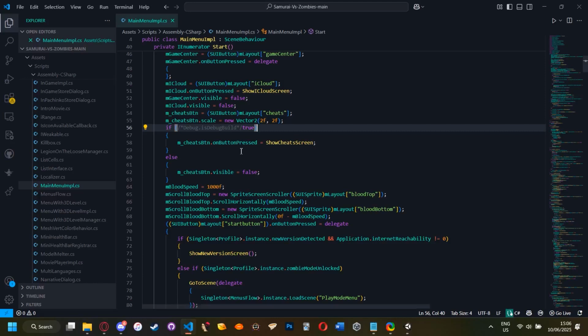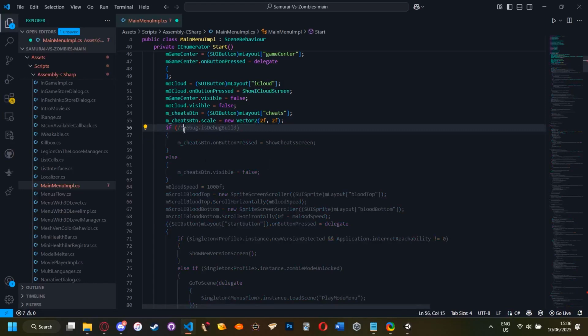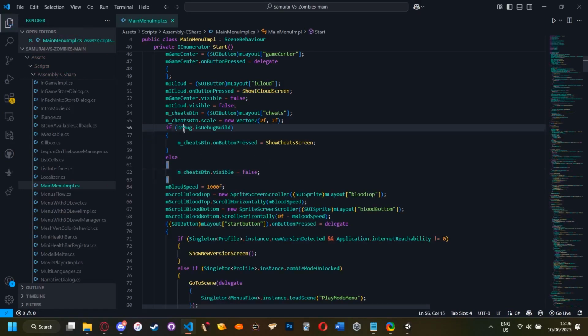So if we go back to our script, you may recall that we have this code commented out. If I just uncomment it by deleting this stuff around it, we can see we have if debug is debug build, then show the screen. This means that normal players will not see the cheats menu, but the developers of the game can access the cheats menu. And this is useful to have if you're making your game and you want to test stuff by